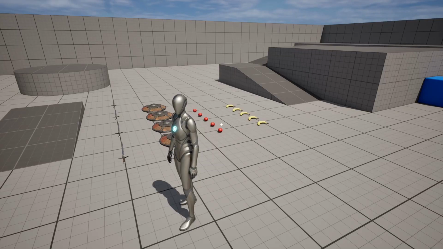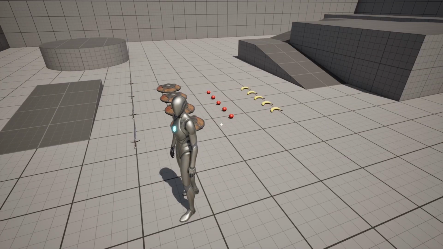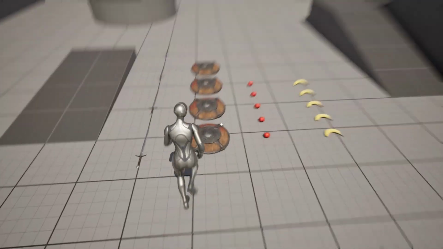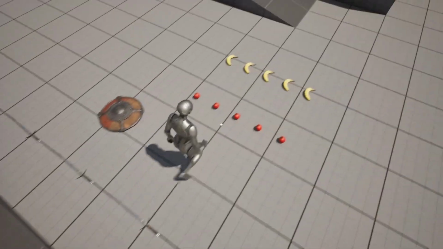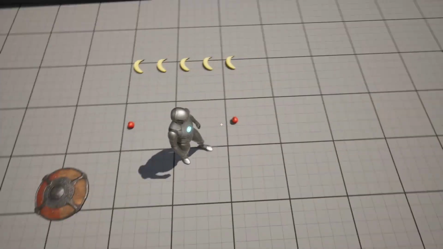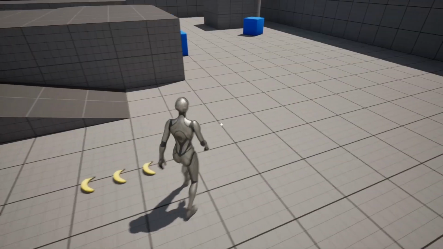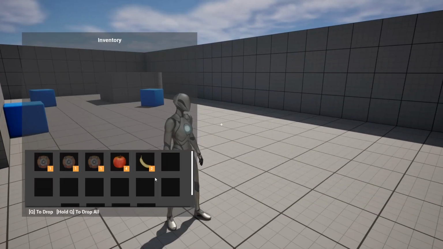This is part 13 of the inventory tutorial series that I'm doing in this channel, and in this part we're going to create the drop functionality. As you can see, now we can collect all the items. So let me collect some here to show you. And if I open the inventory, as you can see, if I hover the mouse in an item,